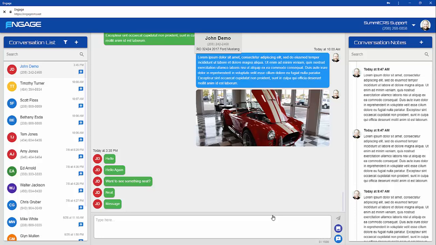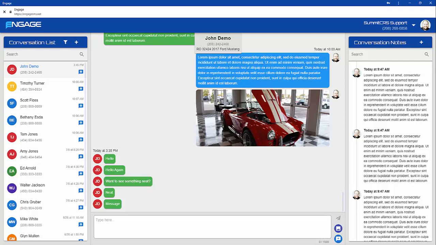There is an upfront charge of $500, and then it is $99 retail per month. That gets you 1,000 outgoing messages and unlimited incoming messages. Your customer can send you as many messages as they want. It doesn't cost you. If you went over that 1,000 outgoing messages, there would be an additional $20 charge for another 1,000 messages. If you're interested in getting set up on Engage, of course, drop us an email at